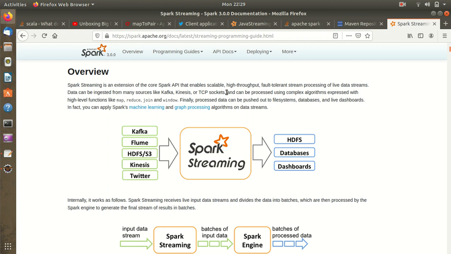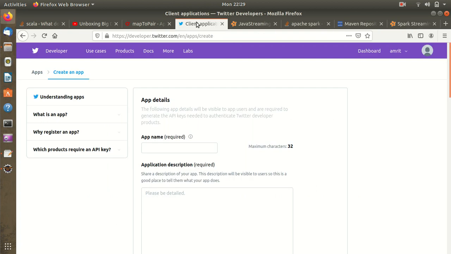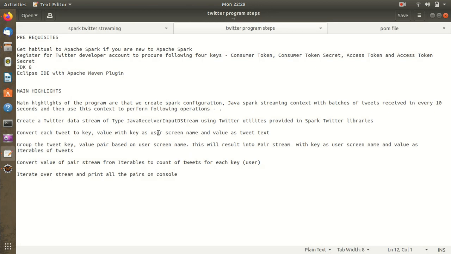Okay, so I have opened a lot of things in my system. You can see on my screen as well. I've opened my Eclipse. I've opened one text editor through which I'll be helping you out with the prerequisites and other things required for this, as well as I've already opened up the Twitter developers account, because this is the prerequisite for today's practical. Let me first take you to the different prerequisites for this practical.